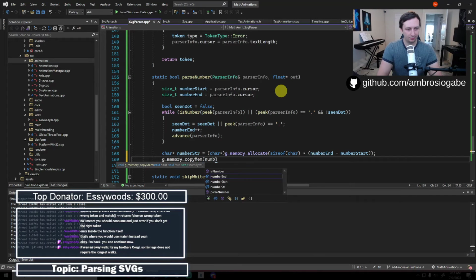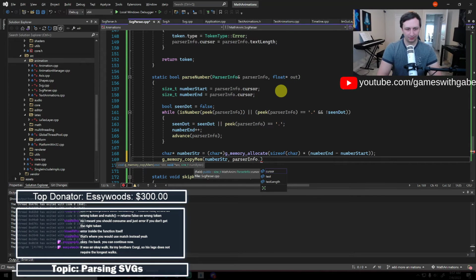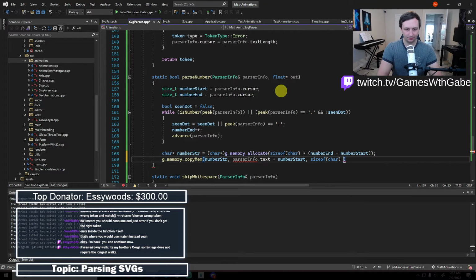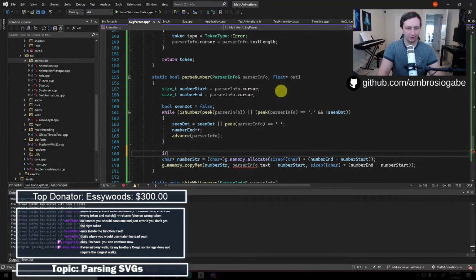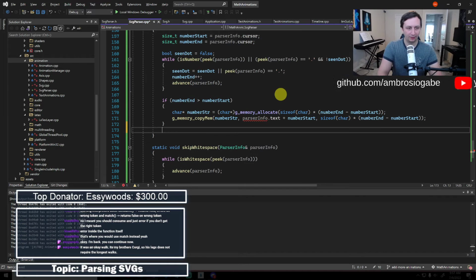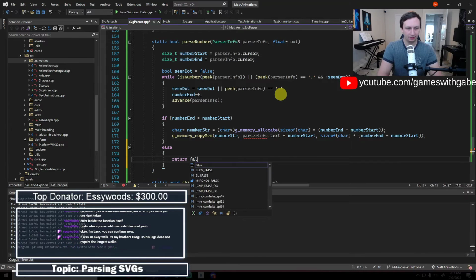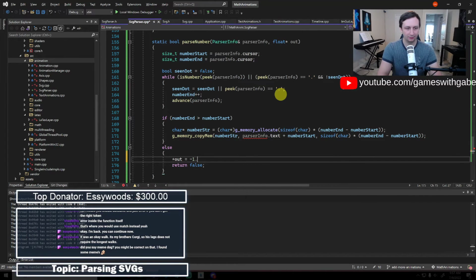We want to copy our text from that, plus the start, and we just want to do char times that. We'll just do this if number end is greater than number start. Otherwise, we failed, right? We didn't parse anything. So we'll just return false and set out equals 0.